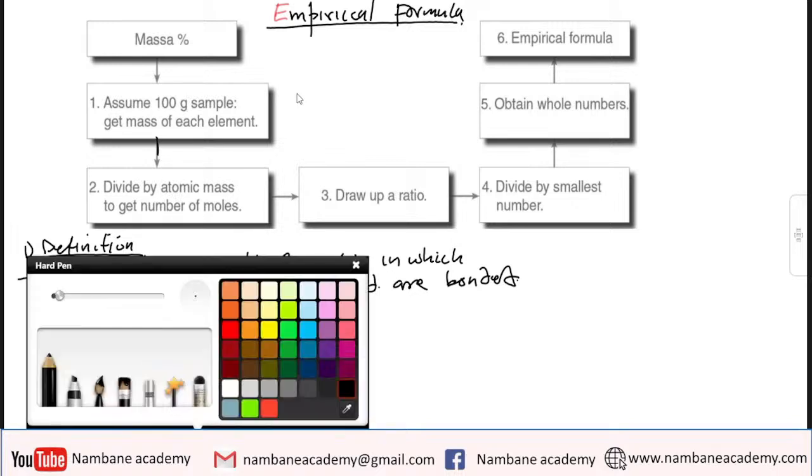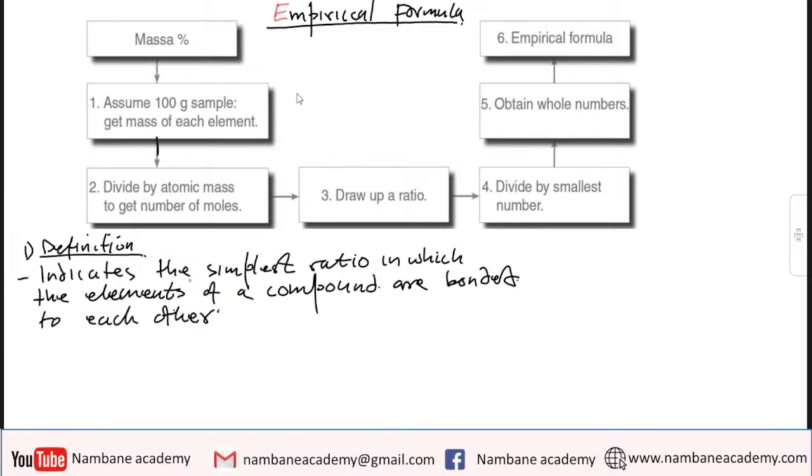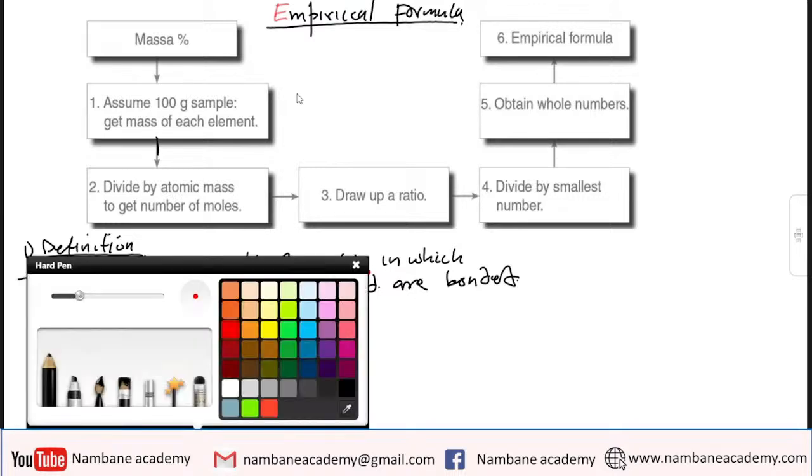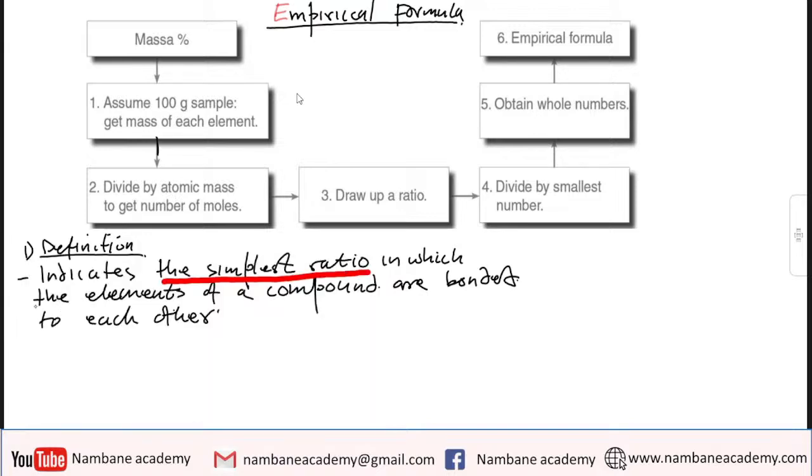Very, very important. So this is actually an arrangement or a simplest ratio in which now elements are bonded to each other. So we are going to use this in order for us to actually determine the equation as well as determine